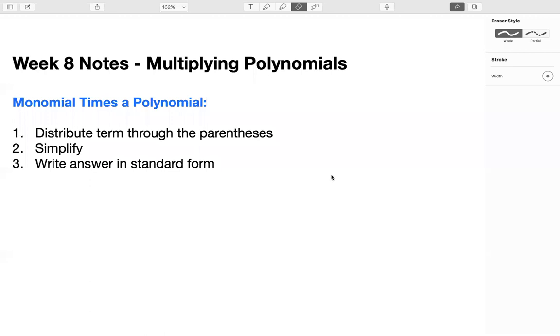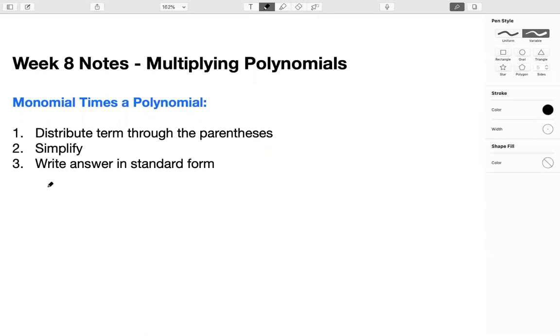This week we're going to learn how to multiply polynomials, monomials times polynomials. First, we're going to distribute the term through the parentheses, simplify, then write the answer in standard form. Let's start with some simple examples first. I'll give you a second to write these down. But if you would please copy 2x squared